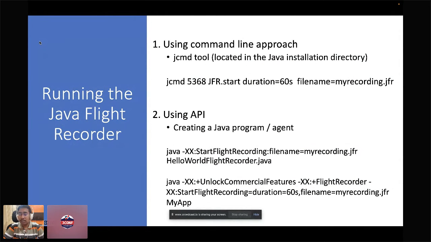Now, coming to the main topic of our presentation: how does one actually get started running the Java Flight Recorder, and how to write your first program using the Java Flight Recorder API. Now, here there are two main approaches. The first approach is called the command line approach, where you have the JCMD tool,